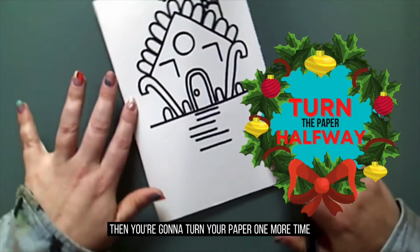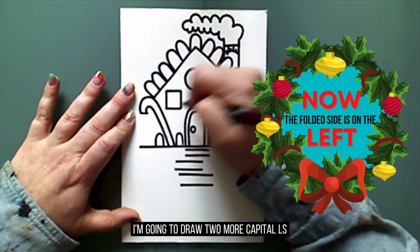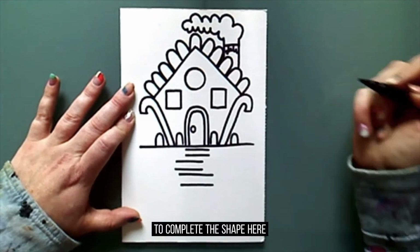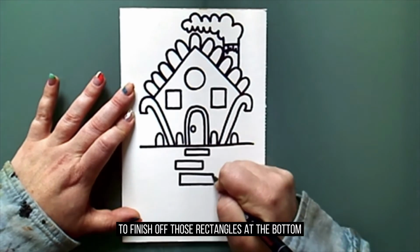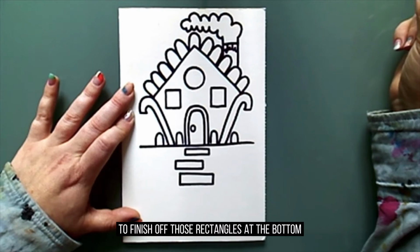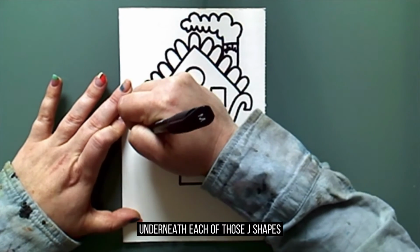Then you're going to turn your paper one more time so everything's right side up. I'm going to draw 2 more capital L's to complete the shape here, and then 3 more sets of number 11s to finish off those rectangles at the bottom. And then I'm going to draw a number 1 topped off with a circle underneath each of those J